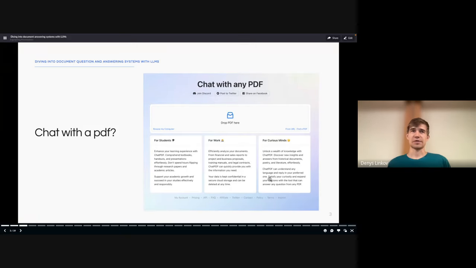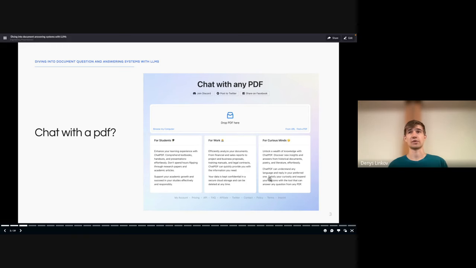So when ChatGPT came out, a bunch of these websites or hobbyist projects popped up. Chat with PDF. They made their way into ChatGPT plugins. They were sort of all the rage for a little while on Twitter and LinkedIn. Learn how you can talk with your PDF or your website or something similar.